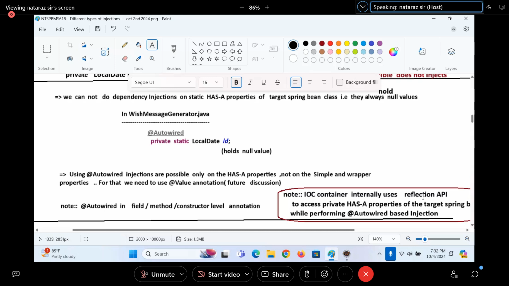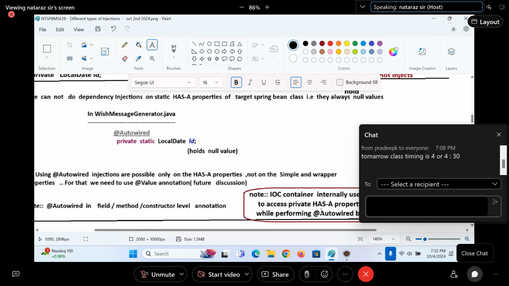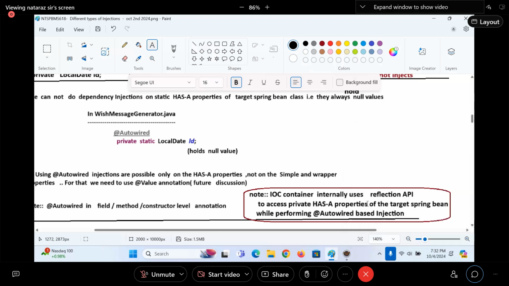The IoC container internally uses the Reflection API to access the private properties of the target Spring bean class while performing field-based injection. Field-based injection, listen, guys. Actually, our properties are private. Still, it is accessing them and doing injection on them. Generally, private properties are not visible outside the class, but here they are accessible and we are using them for injection.